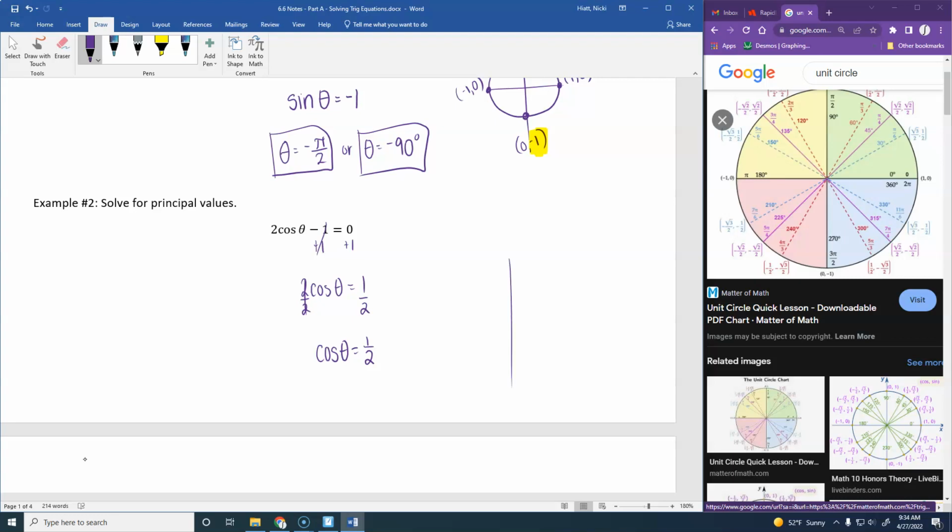So we're thinking about that unit circle. Where does cosine equal 1/2? Here I've got 1/2, root 3 over 2. And is cosine the x or y coordinate? It's the x coordinate. That happens right here. What is our value for that angle? 30 or pi over 6. So we get pi over 6